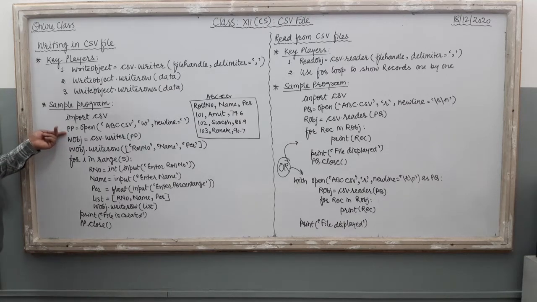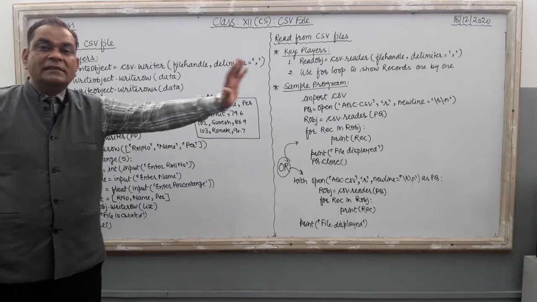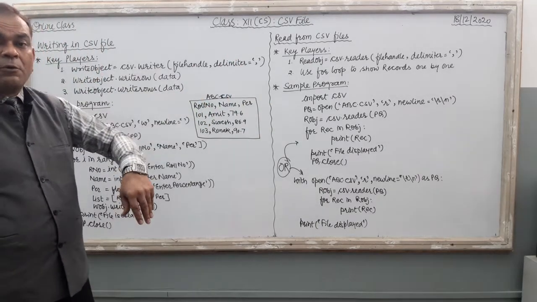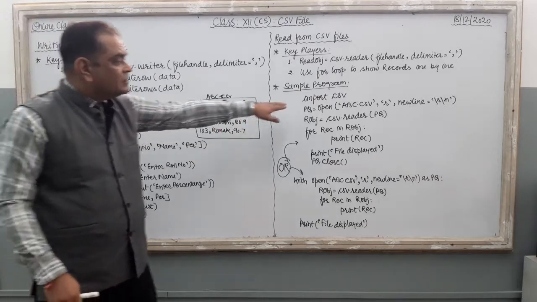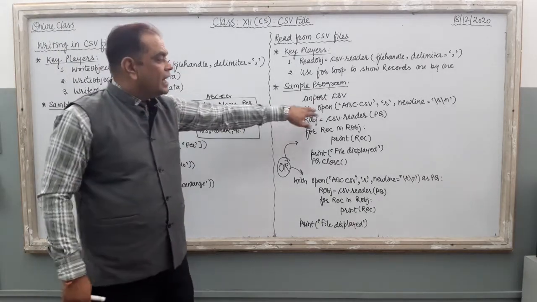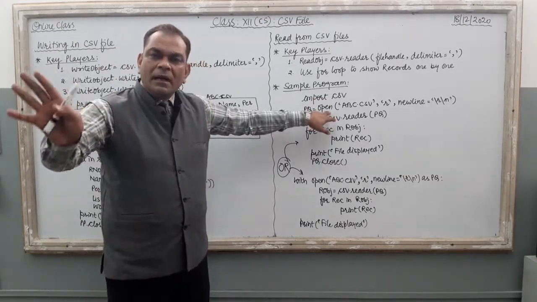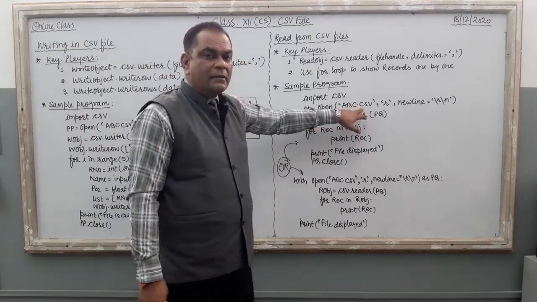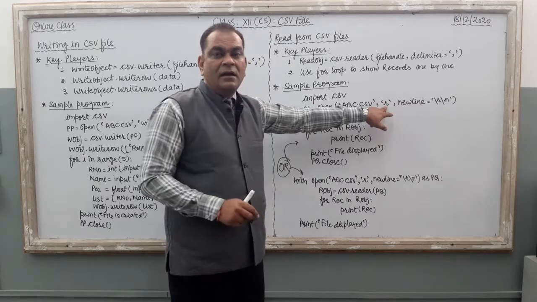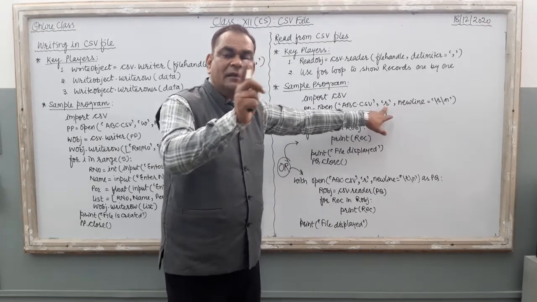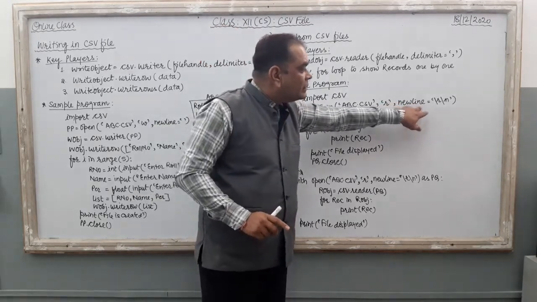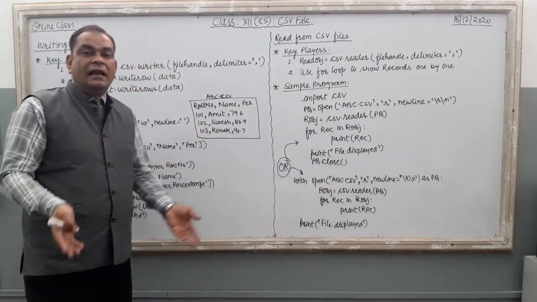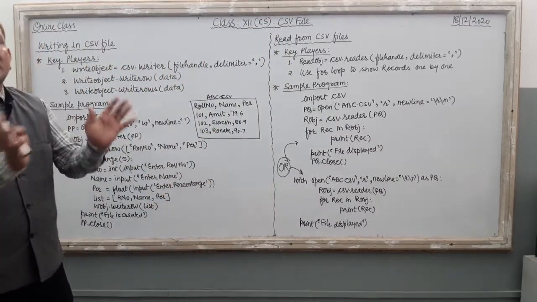Just see, suppose one CSV file is created in your hard disk and you want to access the file in your program, you have to create a file handle. Just see, PQ is our file handle, and then open. The same command that is available with text file operation. Write the file name here, write the file mode here, r, w and a, 3 different modes are there, and then this is the new thing, newline. What is newline? We already discussed it in the previous video.